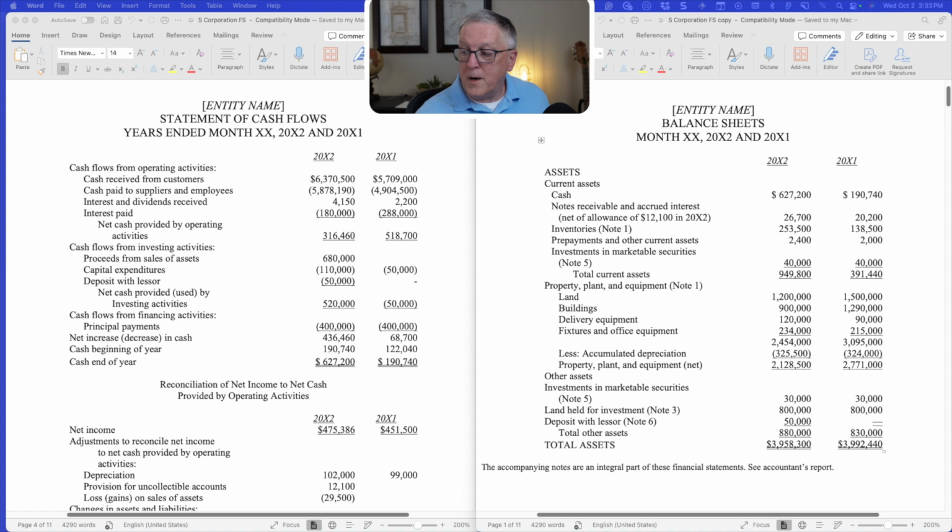So as we go here, we see the cash flow statement. We also see the balance sheet. First thing I want to explain is this cash flow statement is really here to tell us a story about how the company goes from 190 in this example to 627. We see those same numbers here at the bottom of the cash flow statement. So this statement is all about the cash that's coming into the company and the cash that's going out of